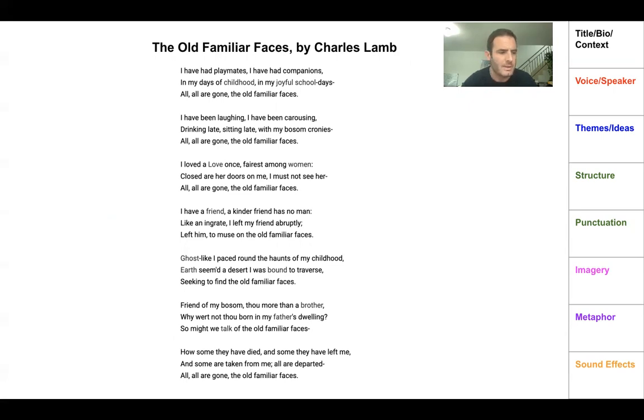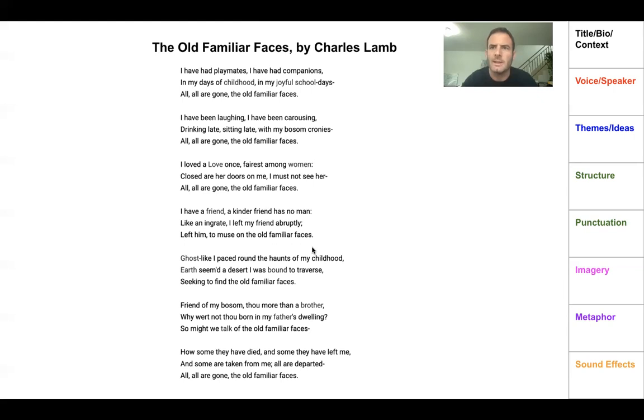Unlike people such as Percy Bysshe Shelley, Charles Lamb's poetry is focusing here not really on nature, but more on the familiar faces of people he knows: family, friends, lovers who've been and gone across the years, his late night carousing, drinking partners, his kind of friends, people from his childhood.